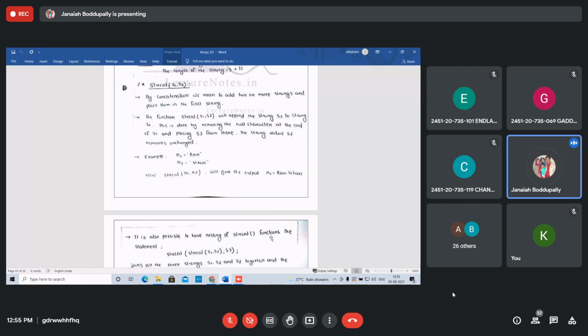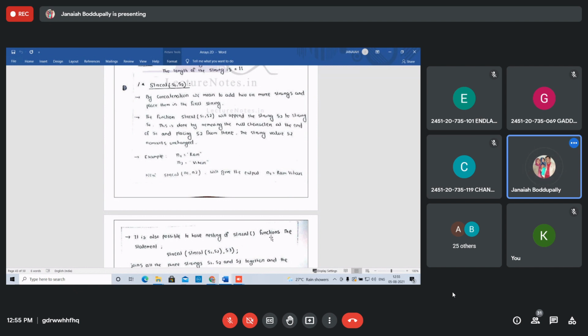The function strcat of s1 comma s2 will append the string s2 to the string s1. This is done by removing the null character at the end of s1 and placing s2 from there. The string value s2 remains unchanged.